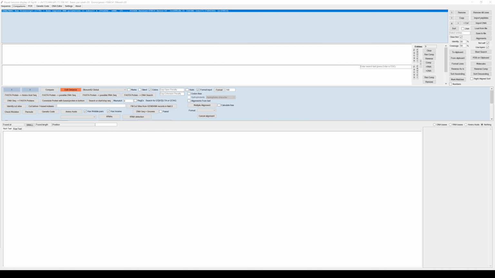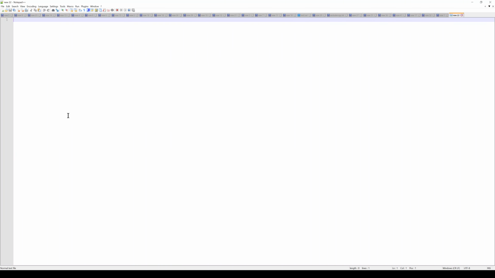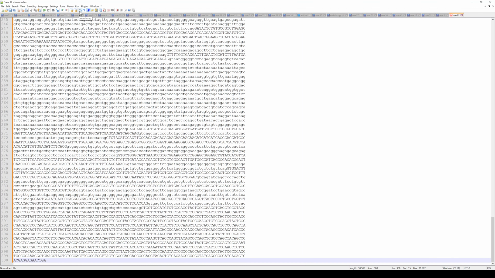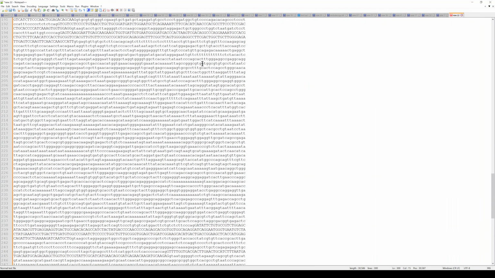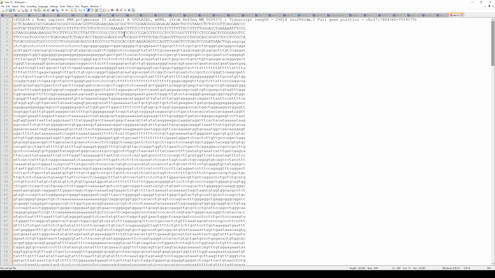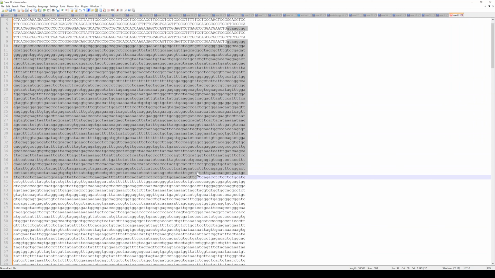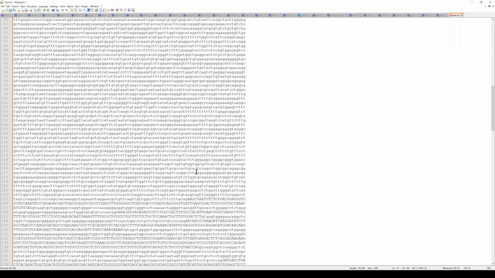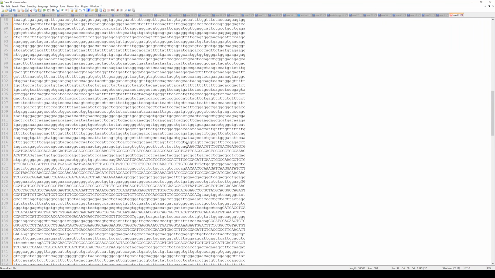If I open a notepad and paste it, you can see what it's done is that it has copied the DNA where all of the exons are in capitals and all of the introns are in small caps. So you can see the amount of bases that form part of an intron.